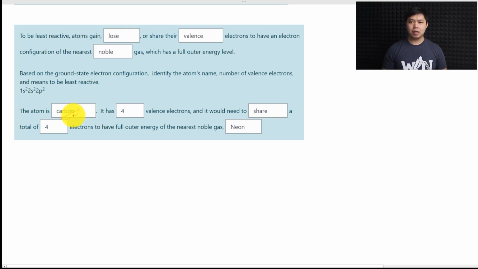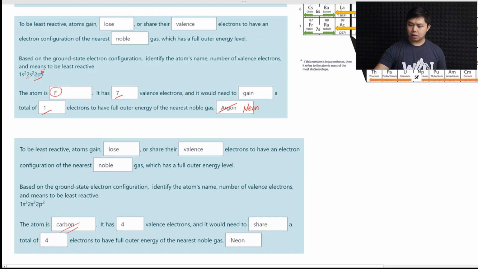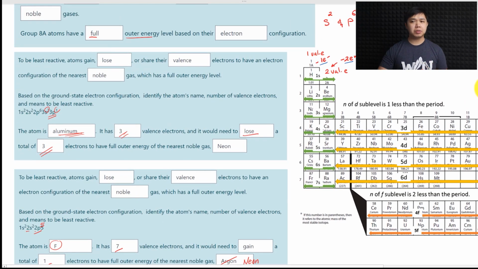valence electrons. So that is how we look at the periodic table to determine if an atom is gaining an electron, losing a valence electron, or even sharing valence electrons, to be least reactive by having the same electron configuration of the